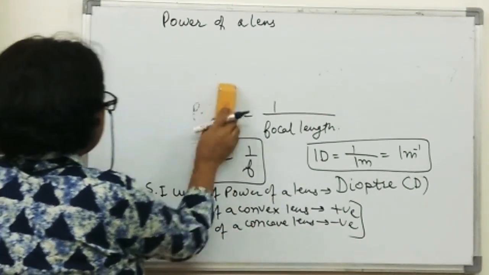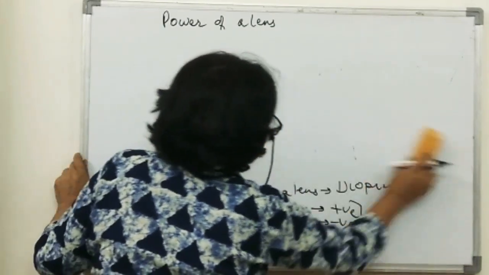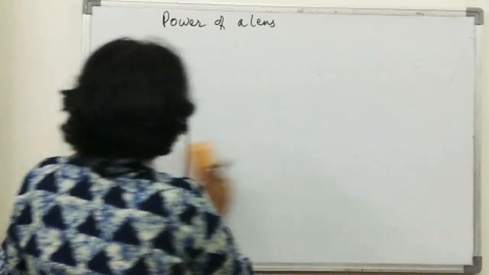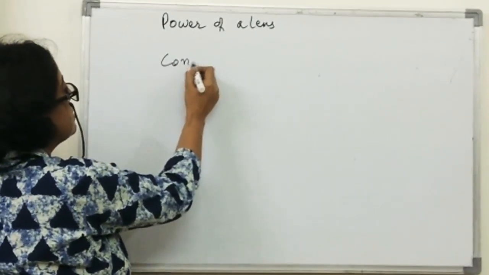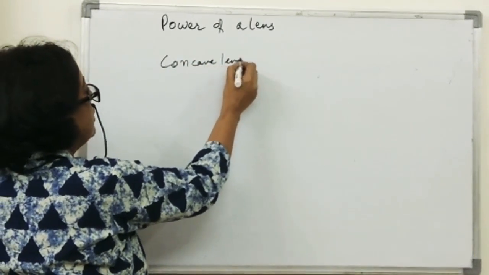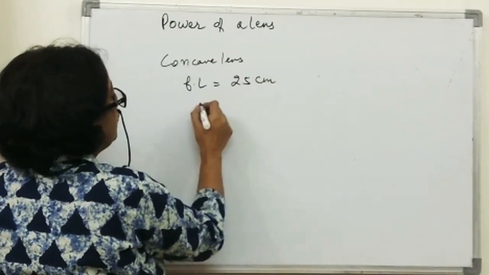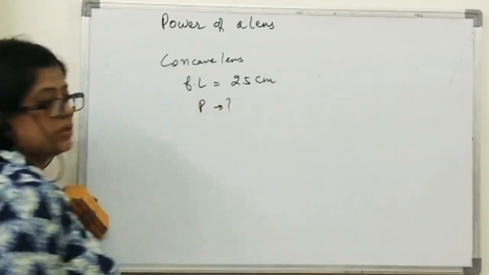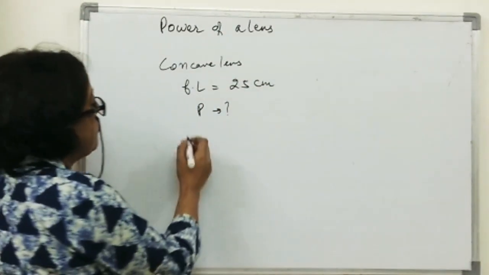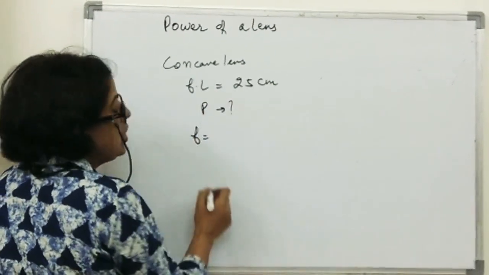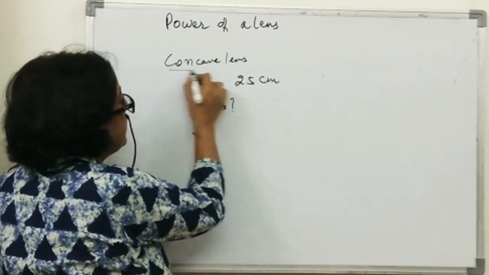Okay. Let us solve a question. Let's say there is a concave lens with focal length 25 centimeter. Find the power of the lens. This is the question. So how will we find the power? We know the focal length of the lens is 25 centimeter and it's a concave lens, so it will be